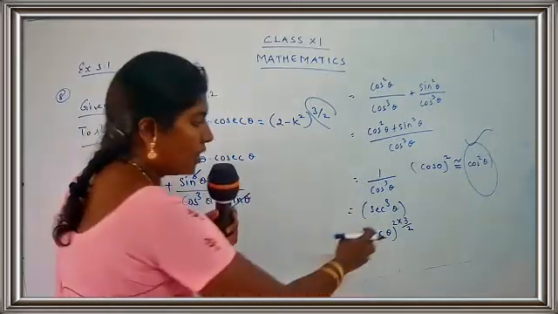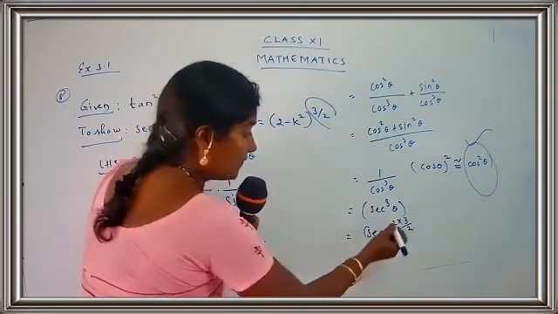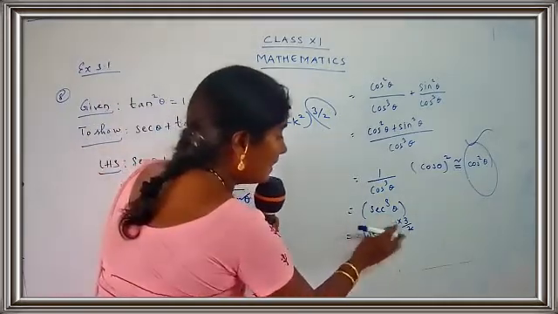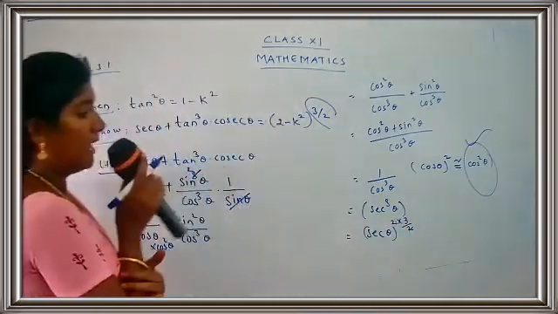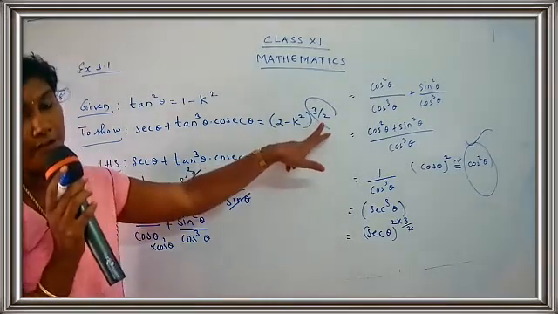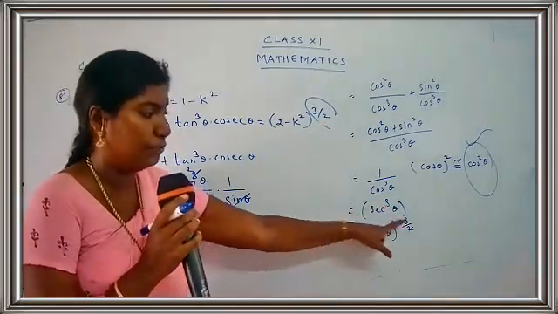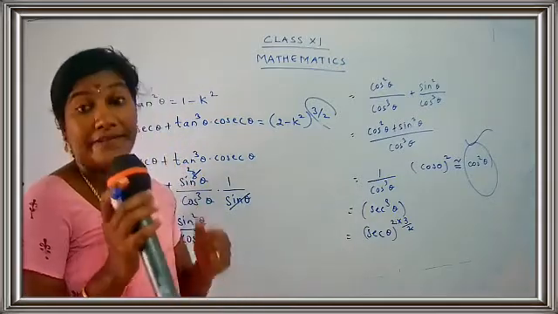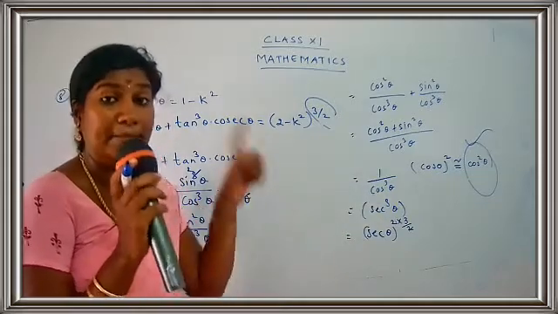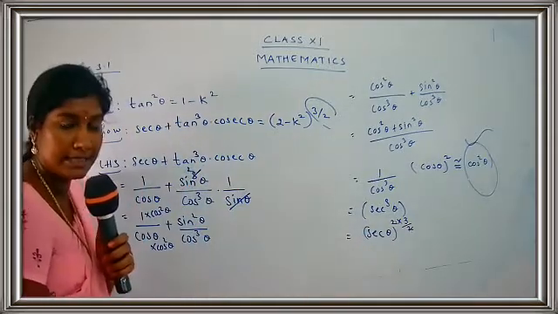So now what I have done here, see children, I have just written 2 into 3 by 2. So now what happens if I cancel 2 and 2, what is left? 3. That is the original power that is left. So how are we making the changes? We are just multiplying by 3 by 2. That is 2 into 3 by 2, because I want here the power 3 by 2. So how am I changing? I am changing as 2 into 3 by 2. It is multiplying and dividing by 2. The original power was 3. So now what I am doing? I am multiplying and dividing by 2. Clear? Is this part clear to you?